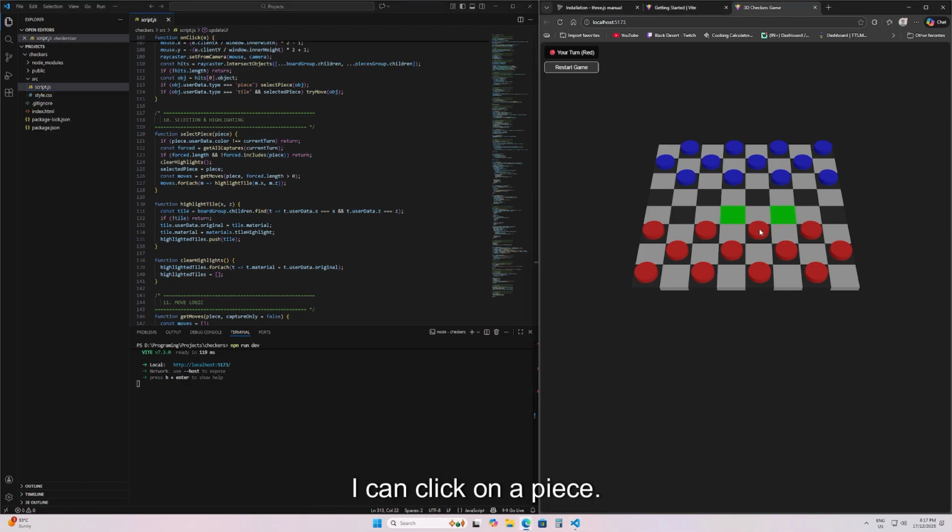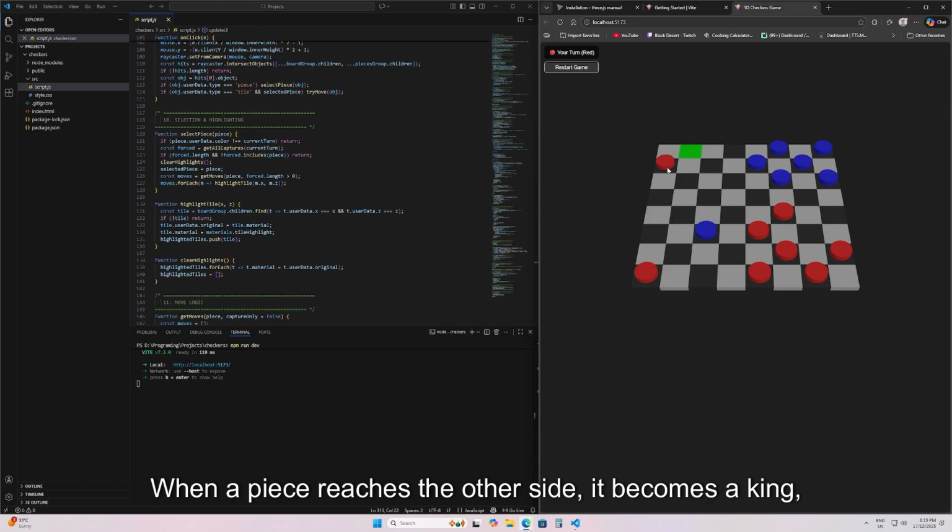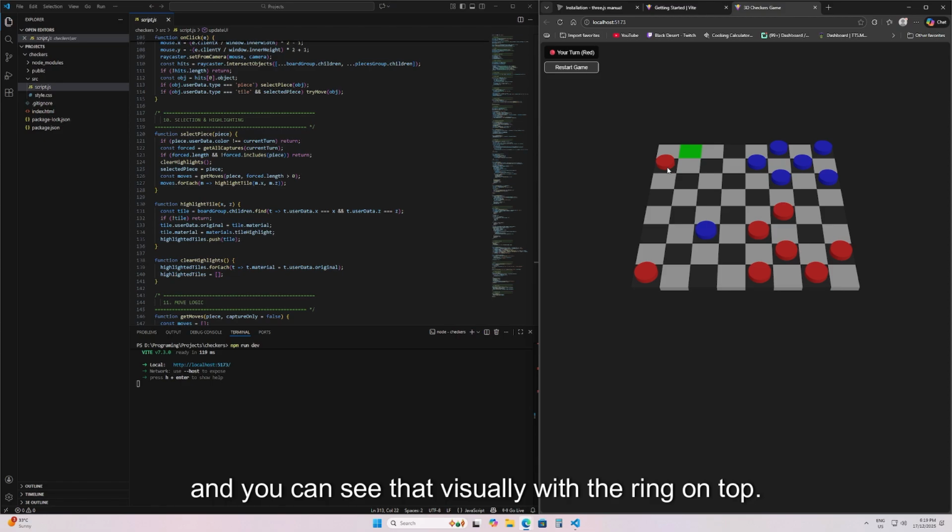I can click on a piece, the valid moves are highlighted. I can move the piece and the piece animates smoothly across the board. If I jump over an opponent, it gets captured and removed from the board. When a piece reaches the other side, it becomes a king, and you can see that visually with the ring